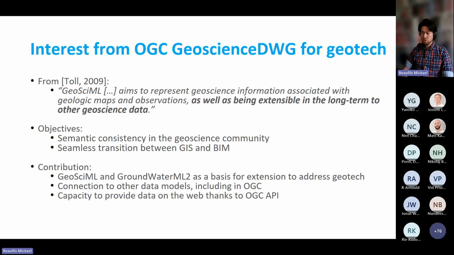Our idea in OGC was also to show what other data models can do, including those in OGC. One nice thing in the OGC standards is the connection with the OGC APIs or web services. All the data models proposed by OGC have been designed to be made accessible from and with these APIs. So that's one quality the OGC data models have: they go nicely with APIs.